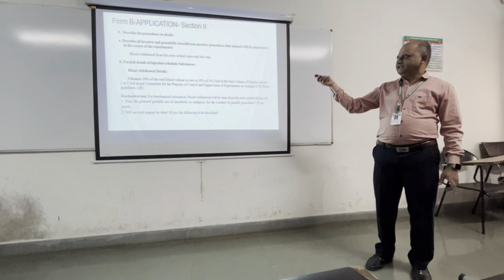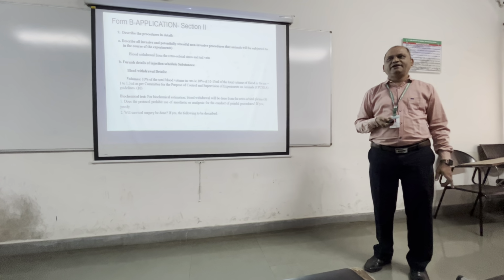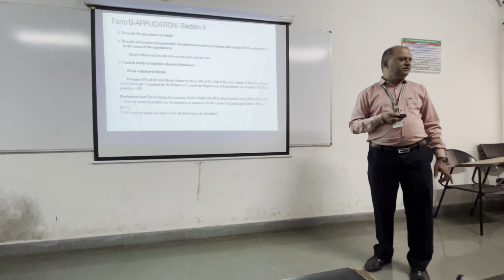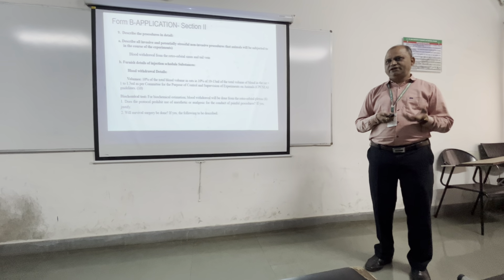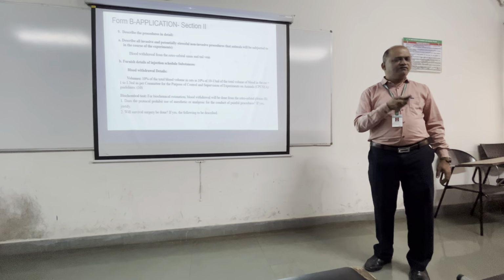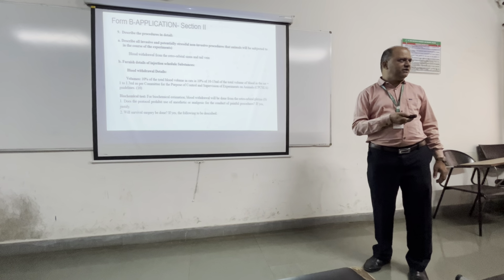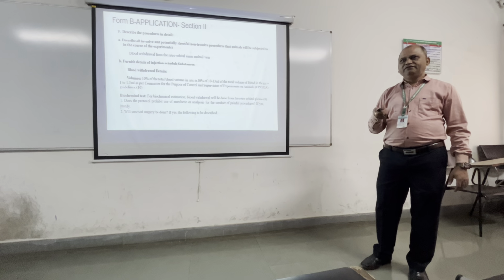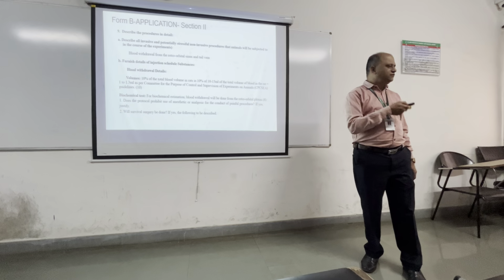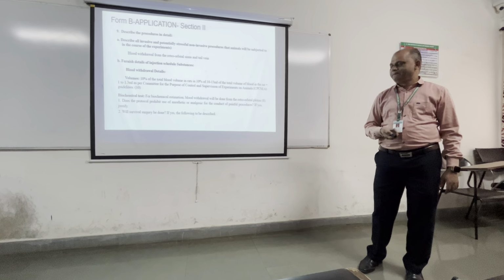Describe the procedures in detail. Every procedure you have to describe in detail. Suppose you want to find out the biochemical parameters by withdrawing the blood. The maximum quantity of blood that can be taken from the animal is given in the CCSEA guidelines. 10% of the blood volume of the animal we can take out, and we will find out the hematological and biochemical parameters like serum triglyceride, blood glucose level, cholesterol, HDL, whatever.